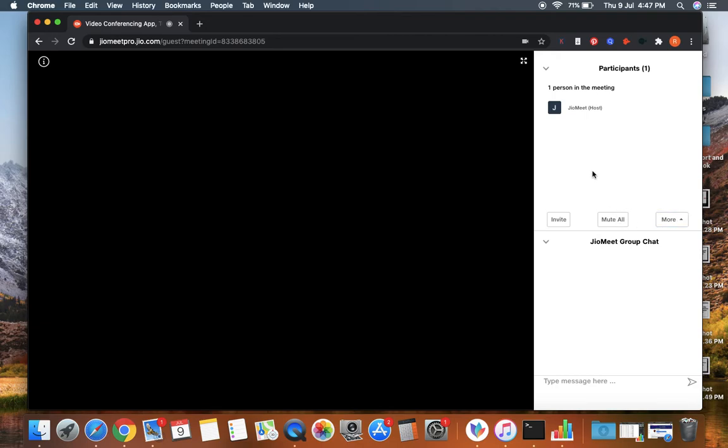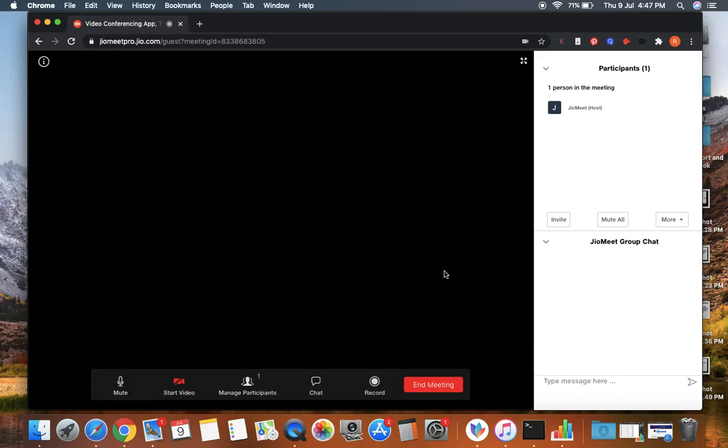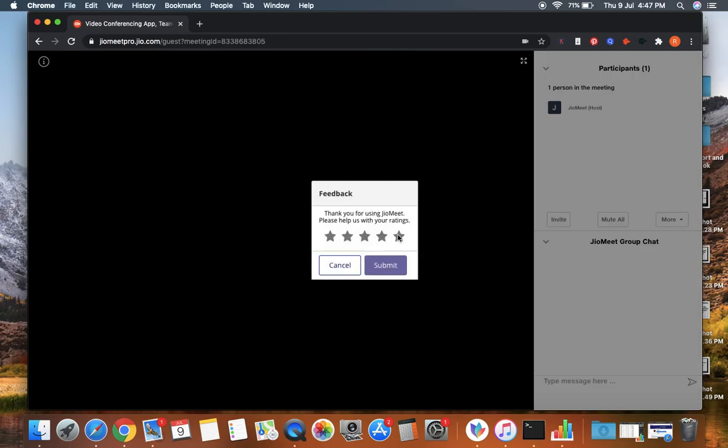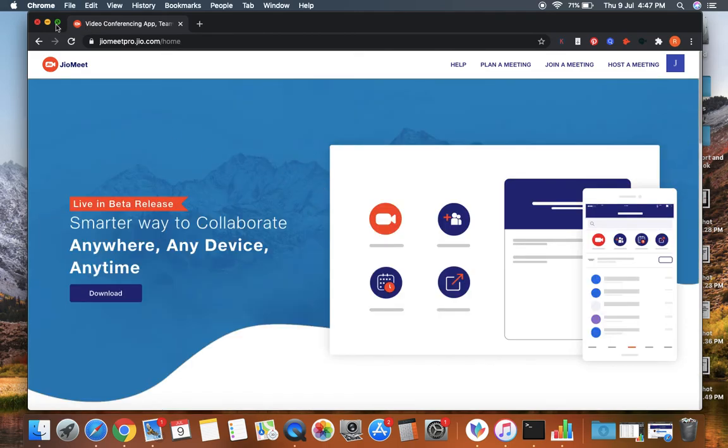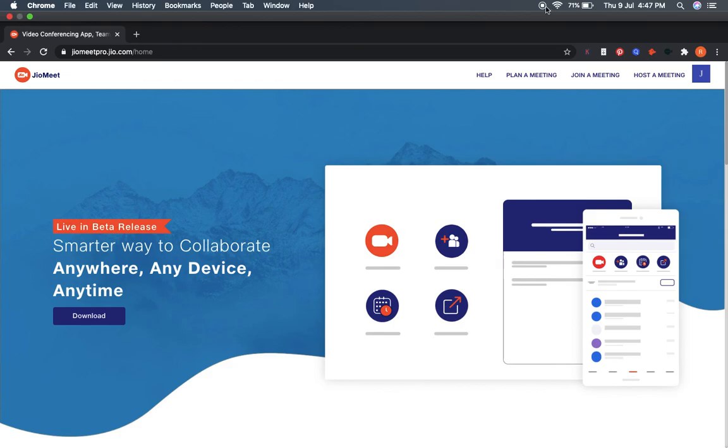Lock the meeting means what? Once you lock the meeting, no other users will be able to log into this. Okay, see, this is all about the JioMeet app. Once the meeting is over, you can click on end meeting and it will take you to the review. If you want, you can give 5, and once it is over, it's fine, it will go back to the home screen. See, in this way it will work.